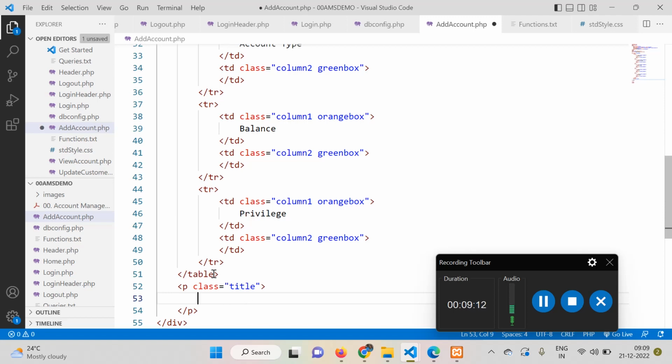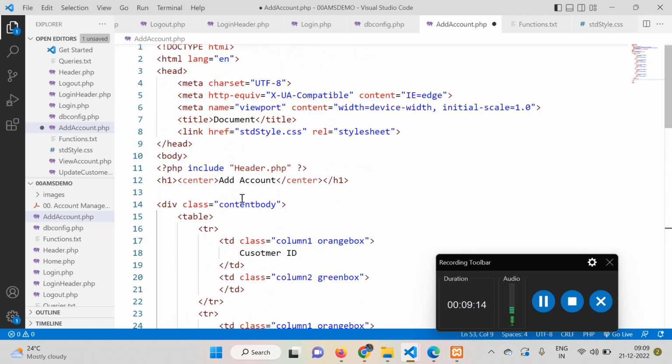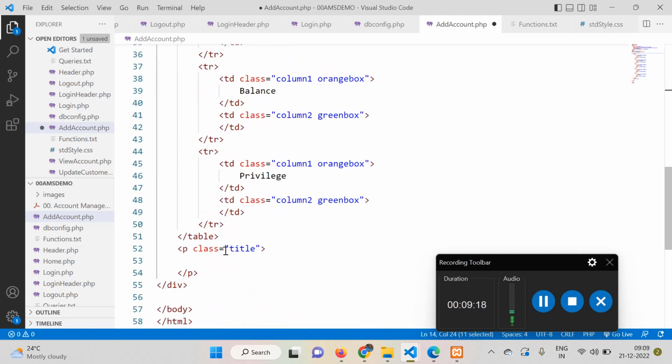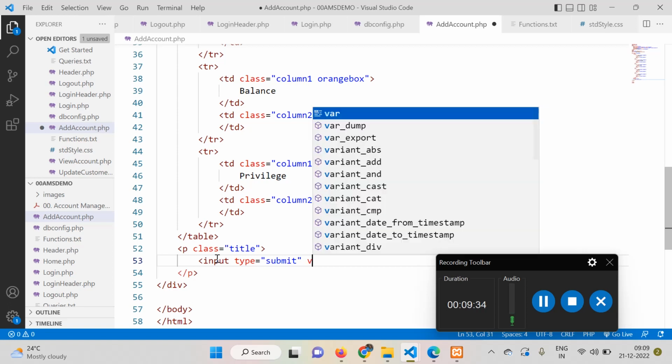Submit button. Okay. So we create a content body and distance. And finally, we have to add this button. So input type go to submit. So we have not created the form. Okay, so we have to put all the things inside the form. Type submit. The value is